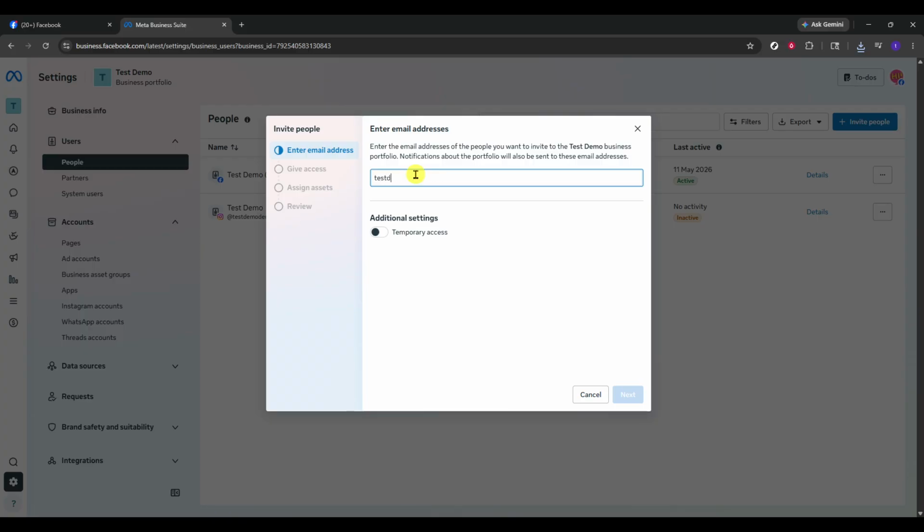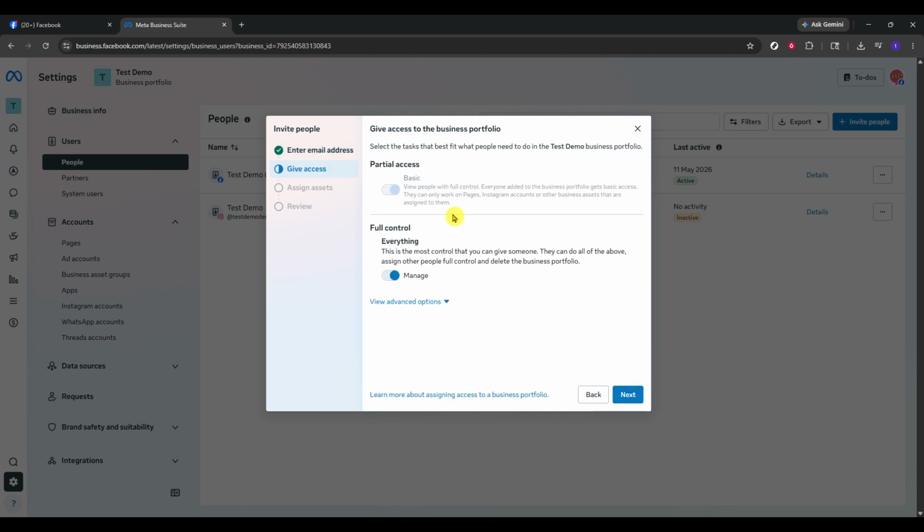You'll need to be an admin yourself to invite or upgrade others. Follow the on-screen steps to set the appropriate permissions. If you're granting admin access, look for options like Full Control or Admin for the page, and confirm any additional assets you want them to manage. Admins can edit page settings, add or remove users, and manage connected assets, so grant this level only to trusted